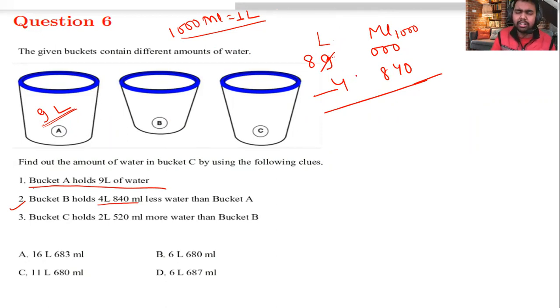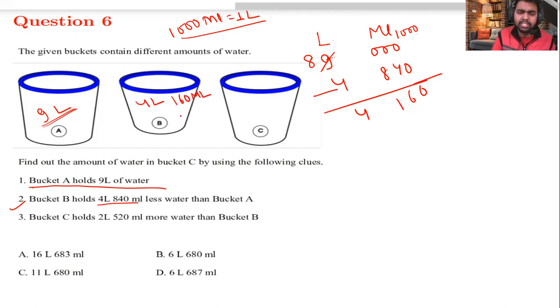Here I'm just writing 8 for your convenience. Once you learn this method, this is the best way to solve. Now I'm going to subtract. I have 1000 and I have to subtract 840 out of it. So 0 and 0 will go like that, then it would be 6 because 10 minus 4 would be 6. And here there would be 9, and 9 minus 1 means 8 would be 1. So here we have 160 ml and here I just have to subtract 4 liter out of 8 liter. So what will come? 4 will come. So therefore the bucket B has 4 liter and 160 milliliter of water.